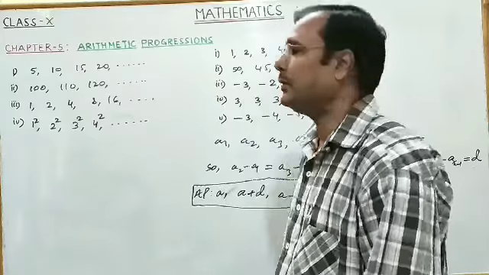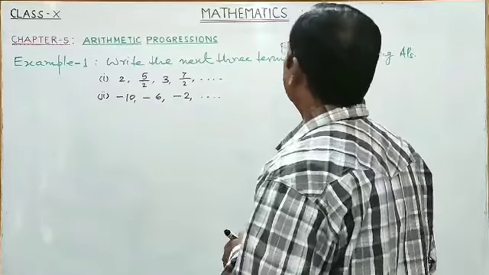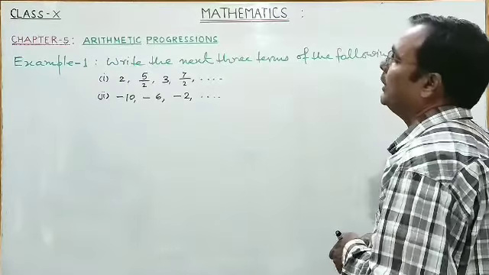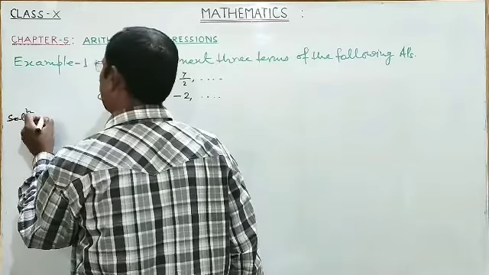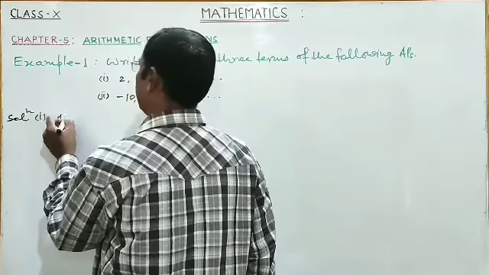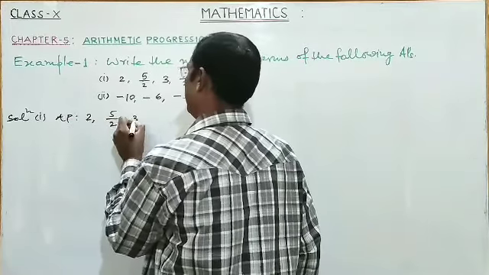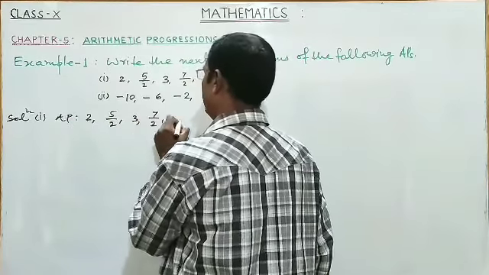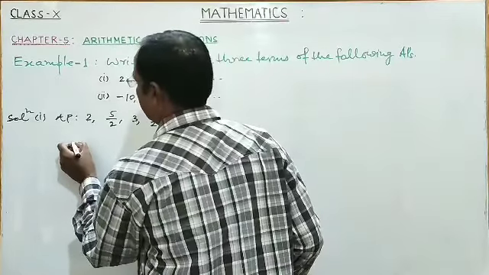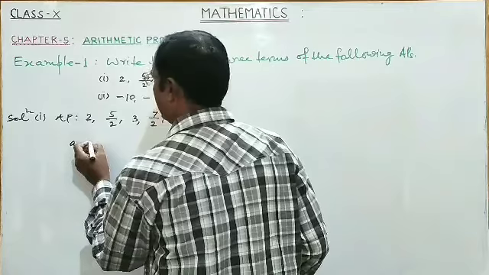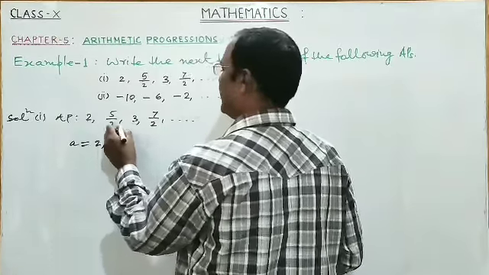Now let's have some examples. See example 1. Write the next three terms of the following APs. So here we have AP as 2, 5 by 2, 3, 7 by 2 and so on. So first let's write the first term of the AP, that is 2, and the common difference of the AP, the difference between